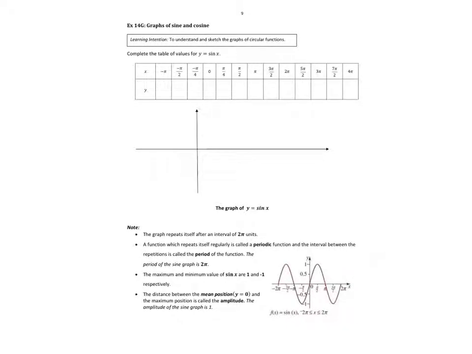Okay, we could go ahead and plot out all the points. So sine of 0 is 0, sine of pi on 4 is 1 on root 2, sine of 90 degrees is 1, sine of pi is 0, 3 pi on 2 is -1, 2 pi is 0. What we find is they all repeat themselves, we know that. So let's instead concentrate on what our basic shape is,